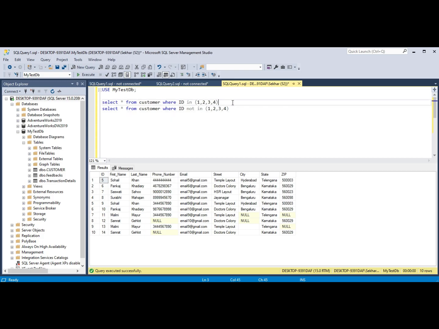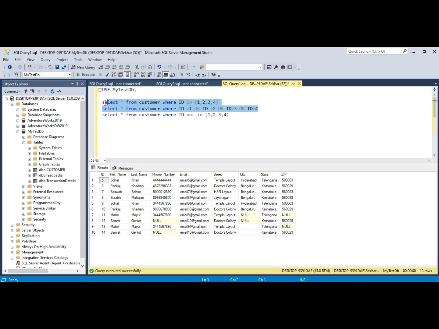So what IN does is the same thing as writing id equal to 1, or id equal to 2, or id equal to 3, or id equal to 4.